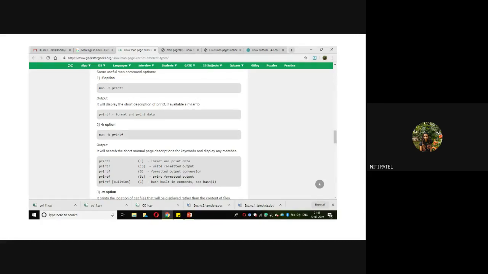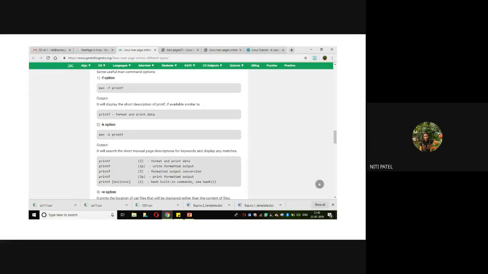So if I want to know many options of a single command, I can do that by making use of -k. Okay, so if there are 10 types of printf commands in my system, it will list all 10 printfs if I make use of this -k. Again, it will give the short information, but whichever matches with the keyword printf. So that k stands for keyword. And what is that keyword I am searching for? It is searching for the keyword printf.